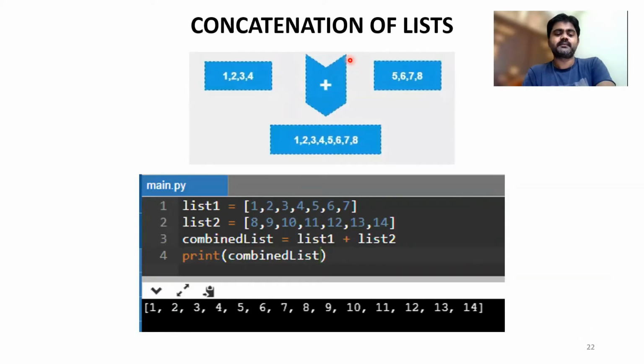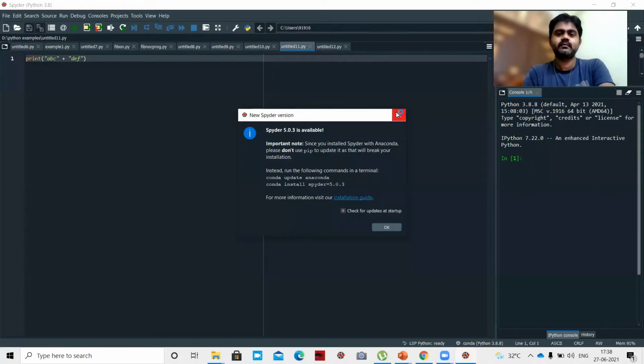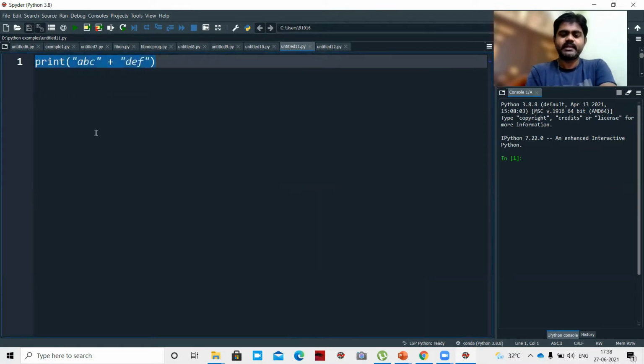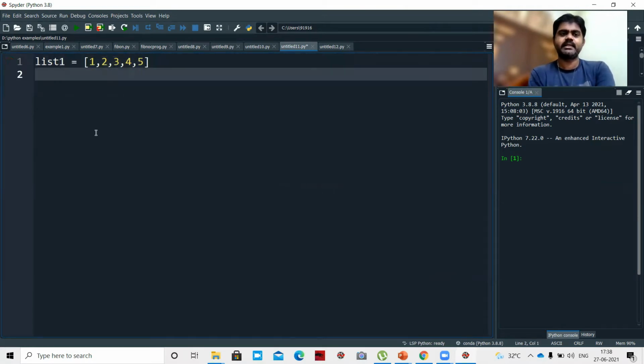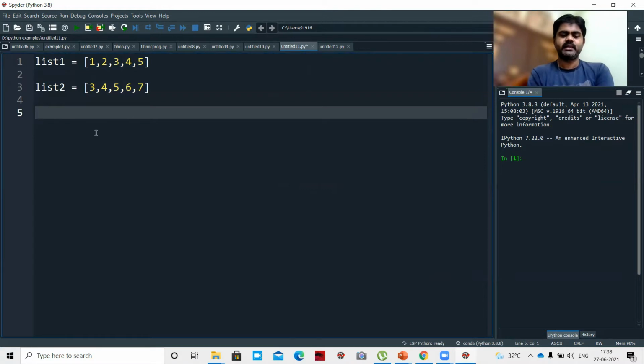Okay, so let's see that. List 1 equal to 1, 2, 3, 4, 5. Now list 2 equal to 3, 4, 5, 6, 7. Now combined list equal to, simply I will say list 1 plus list 2.